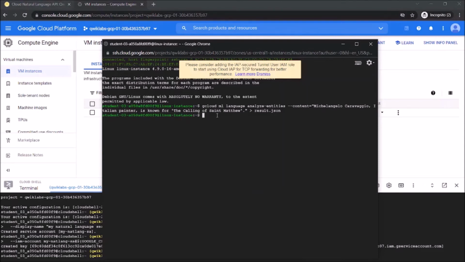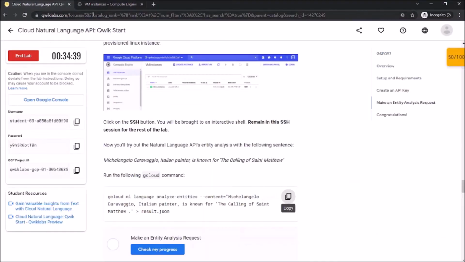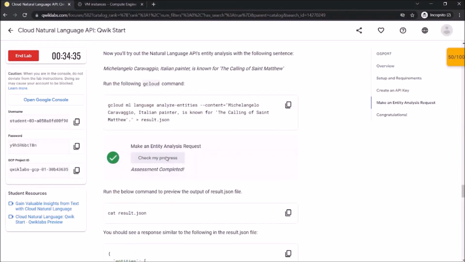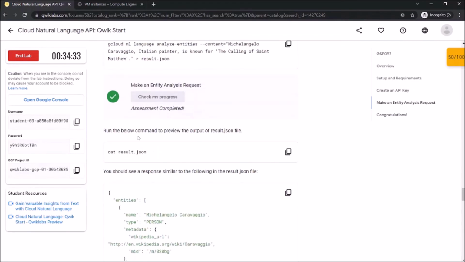Okay, it's done, I guess. Yeah, let's check our progress. Yes, it is successful. Now let's check the result.json file.